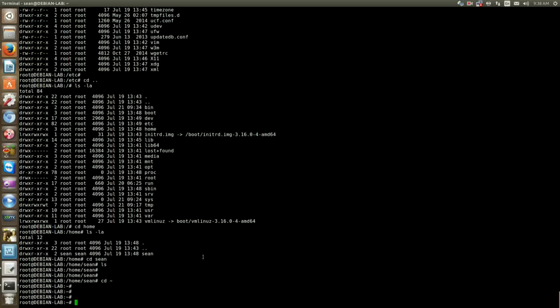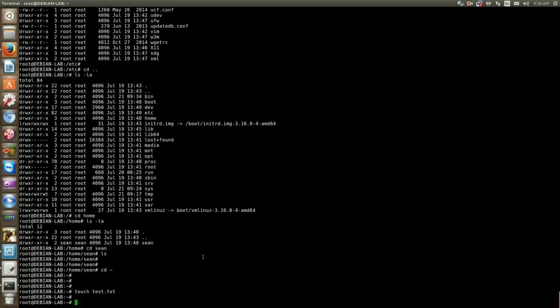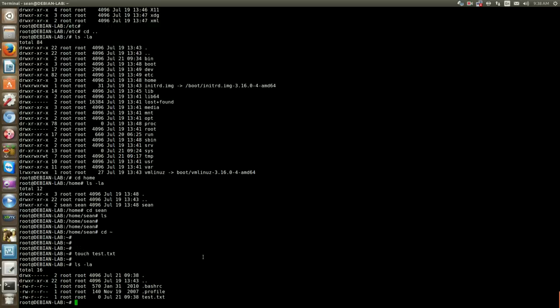And now I'll introduce the touch command. Touch is a pretty simple command. All it does is create a file. Now I can do test.txt, and that'll create a new file. And if I do ls -la, you'll see